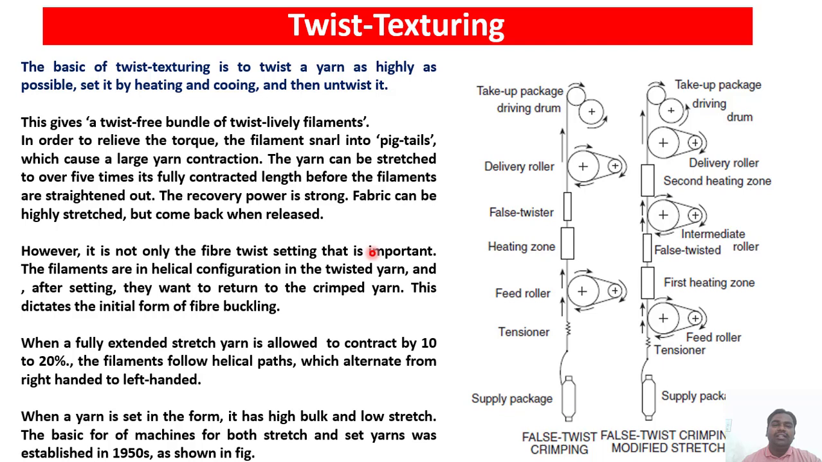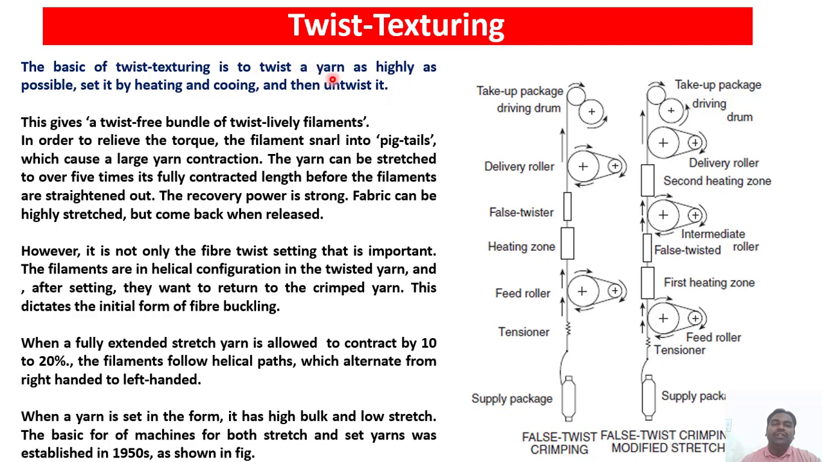So now we'll see how the twist texturizing method works. The basic of twist texturizing is to twist the yarns as highly as possible, and then we need to do the setting of that yarn by heating and cooling, and finally the untwisting of the yarn is done. Like in my last video, we had talked about the basic 3 steps of texturizing, where we need